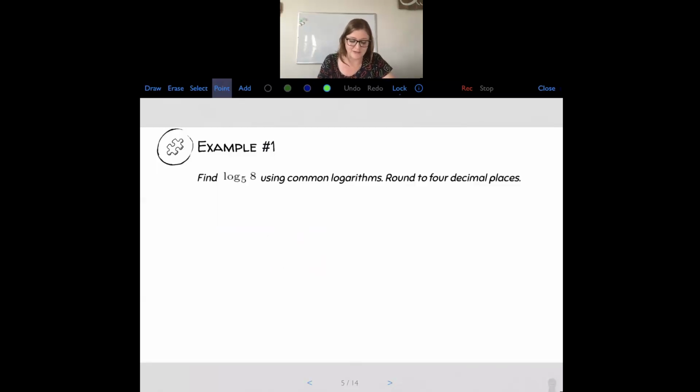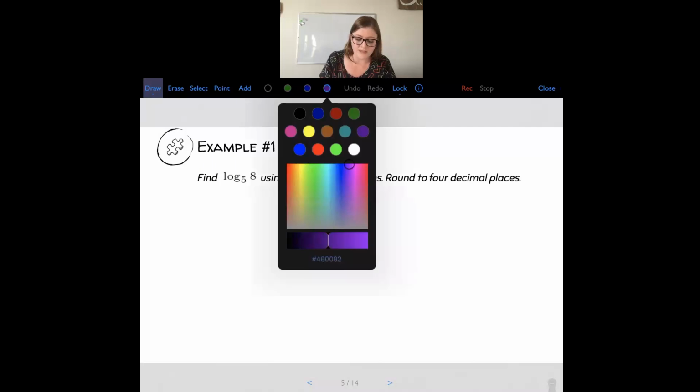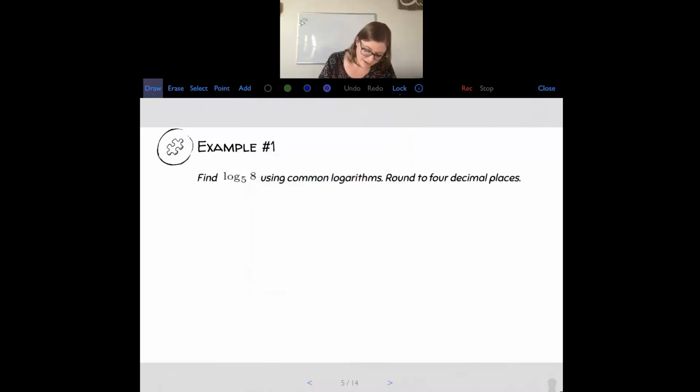Okay, so let's see what that looks like. Example 1. Find log base 5 of 8 using common logarithms, round to 4 decimal places. Okay, so the common logarithm is log base 10, but I'll also show you what this looks like to use ln. Okay, so going back to our formula on the last page,